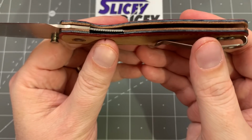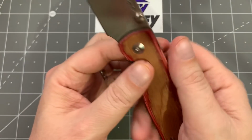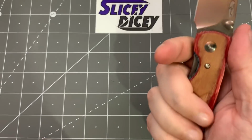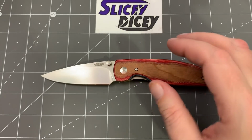Got all the layers in there, so many colors. It's kind of a Native American vibe to it. God, I just love them. And these are the more contoured, fluted scales, and they're so comfortable. It's so pretty. But I have put on the other scales, and I call this my Barbie doll knife because,